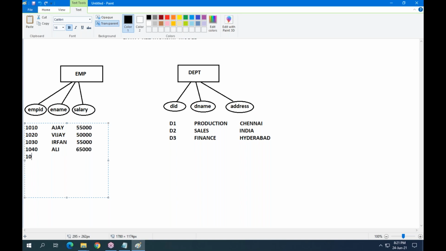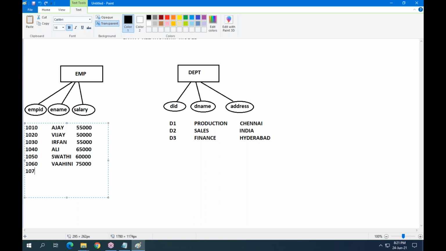And 1050, Swati, and salary 60,000. And 1060, Vahini, salary 75,000.